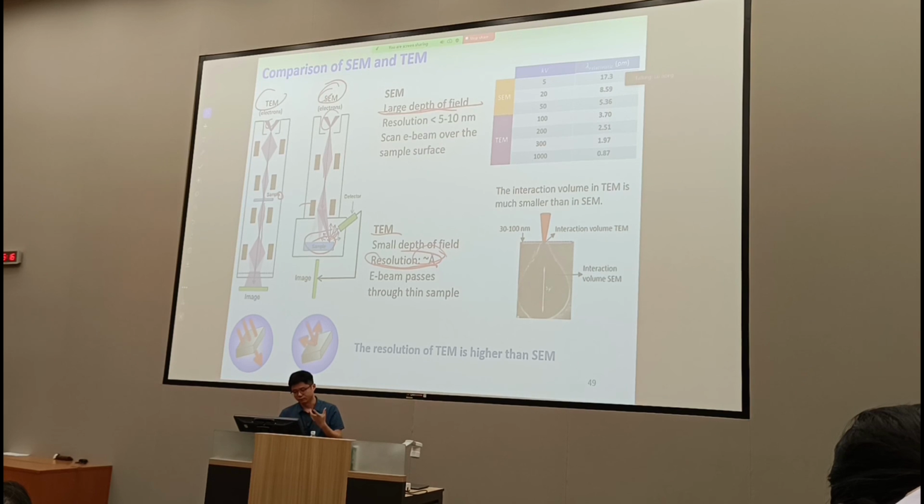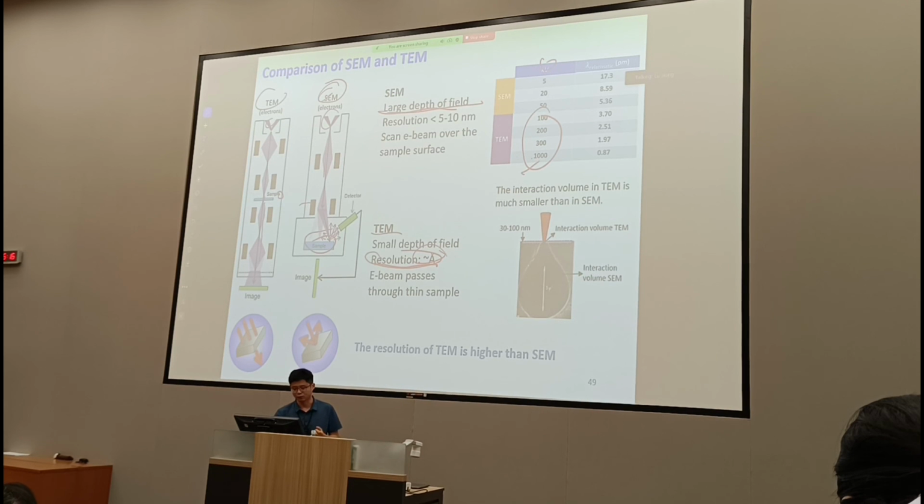What are the general principles, or why? If you look at the electron source, the electron energy used in the TEM, usually you deal with 100 kilovolts